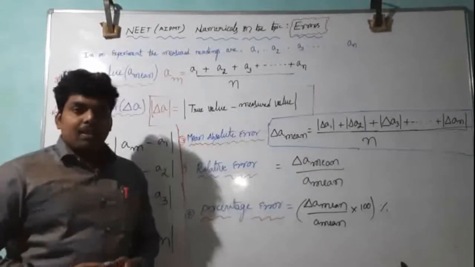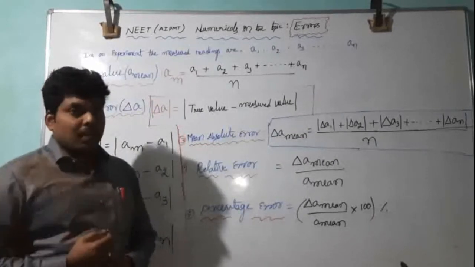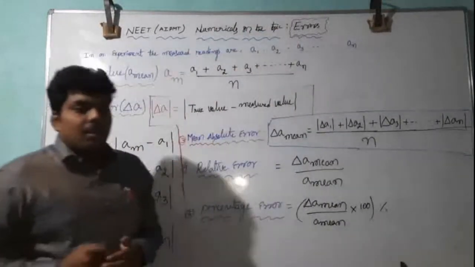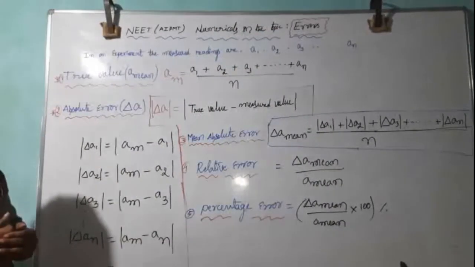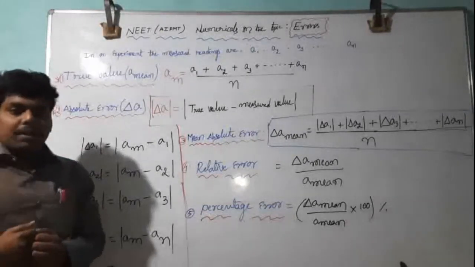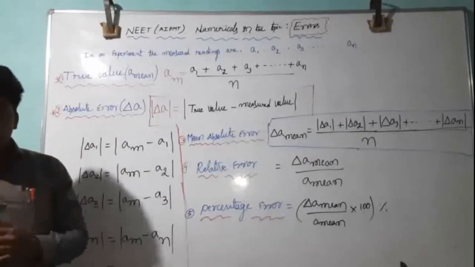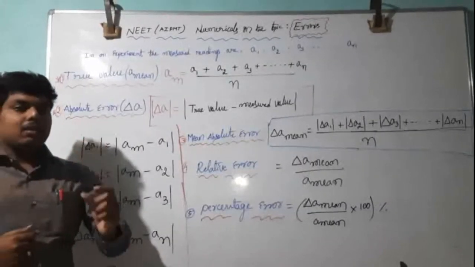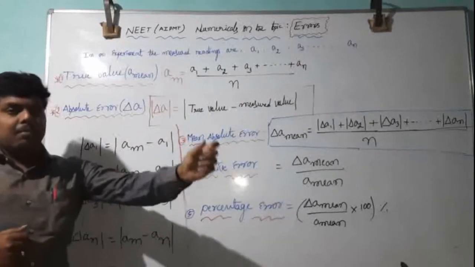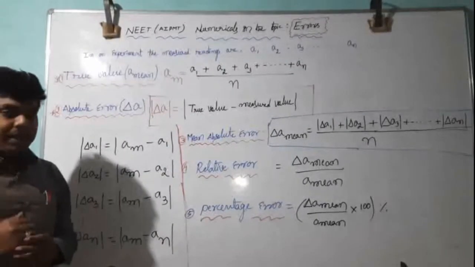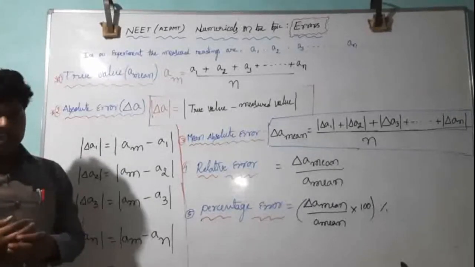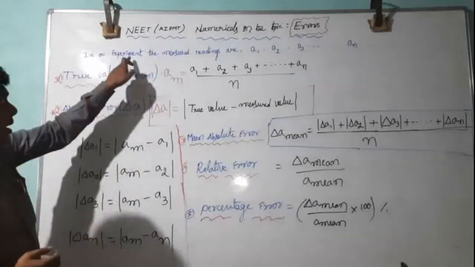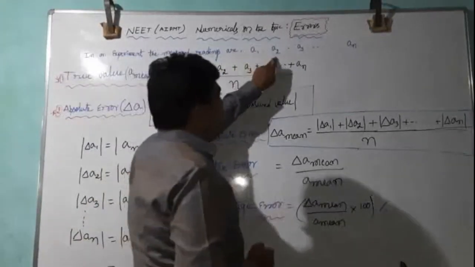Hello to everyone. In this class, I am going to explain how to solve the NEET numericals on the topic errors. While determining any physical quantity of any device by using any one of the instruments, suppose, let me take one example. You are going to find the length of a device by using the vernier calipers. While finding that, you may get different readings, and those readings will not be similar in some cases. In such a case, the readings are considered as A1, A2, A3.